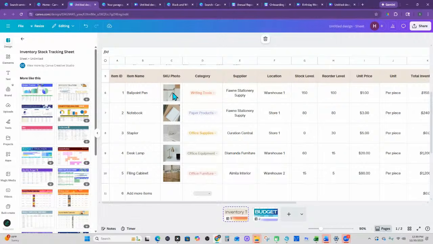So let's say you create your inventory. It might be easier to do it on your computer as far as adding lines and things of that nature. But if you needed to add a picture, you're going to go in and take a picture from your phone